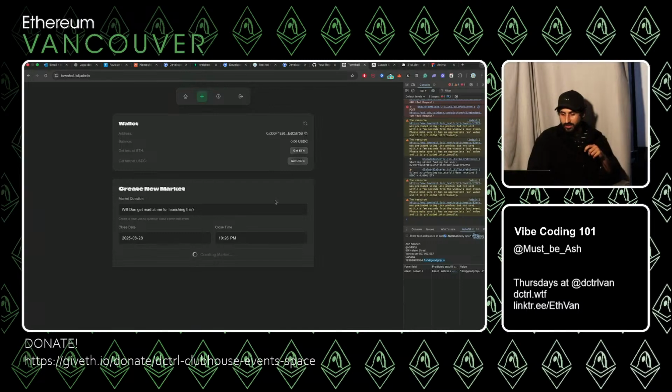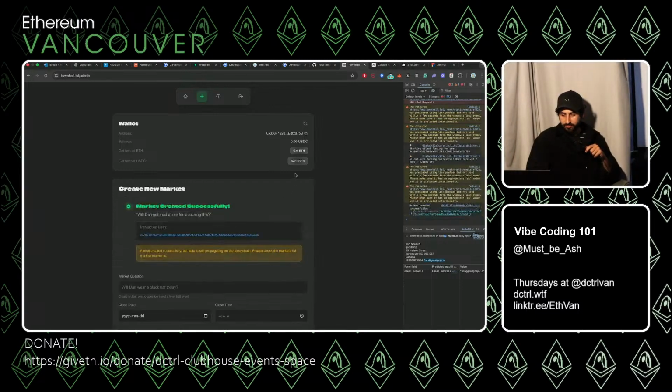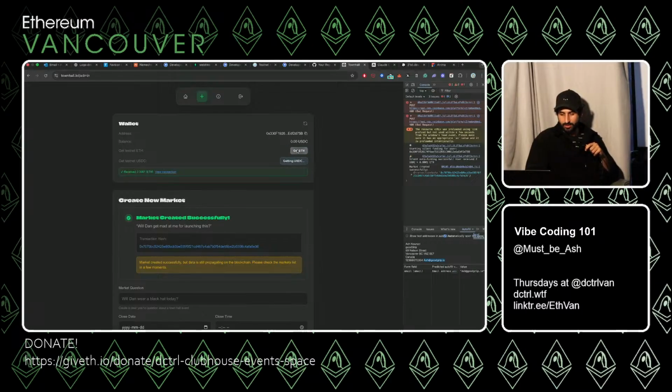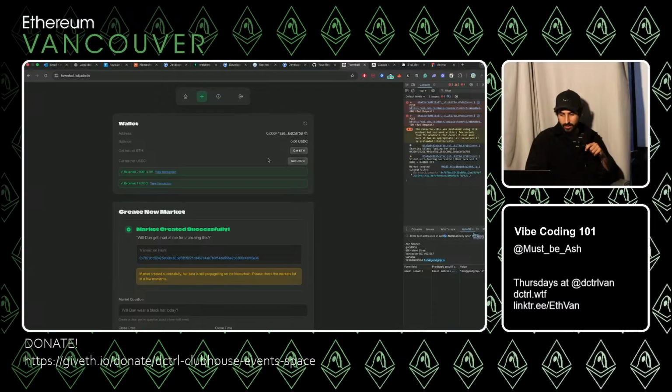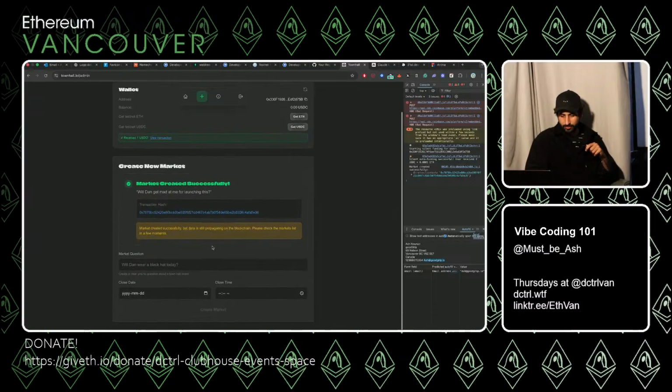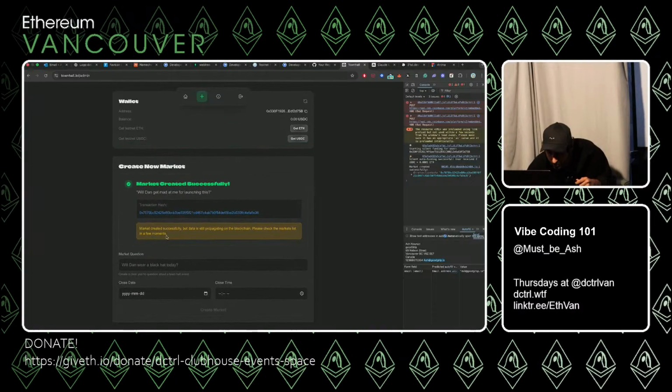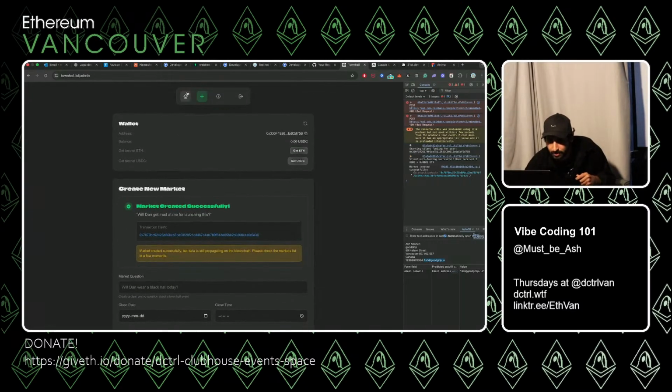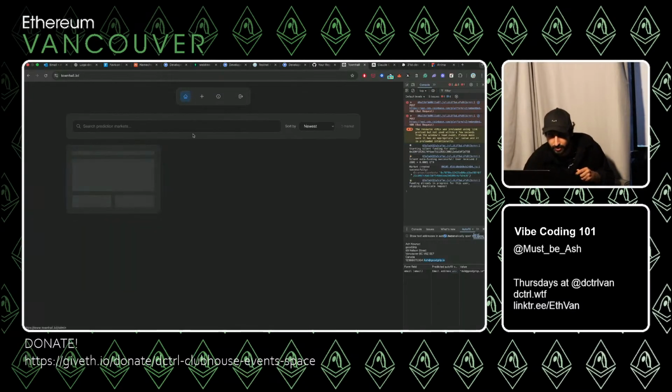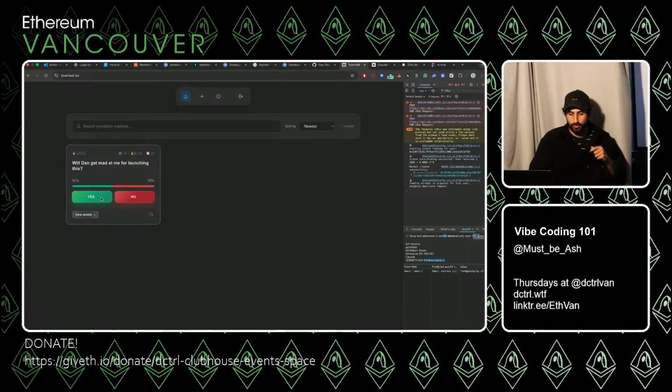When you log in, it uses the Faucet APIs to fund your wallet, to let you create a market, and then you can go vote on that market.